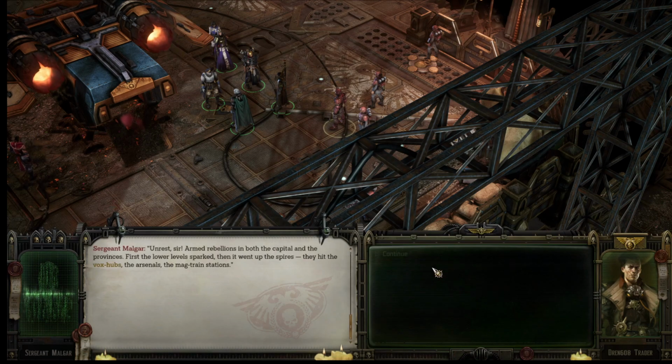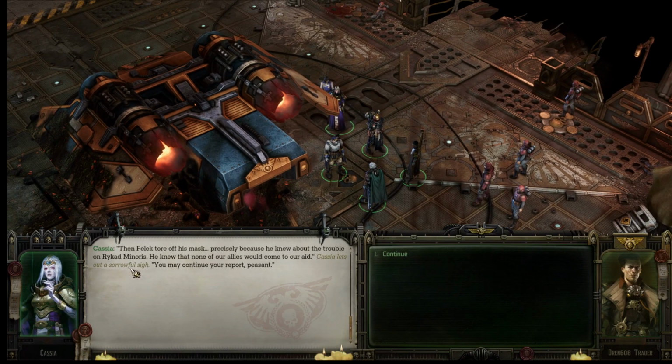Some dirty dog nearly shot down my shuttle. What is going on here? Unrest, sir. Armed rebellions in both the capital and the provinces. First the lower levels sparked, then they went up the spires. They hit the Vox hubs, the arsenals, the mag train stations. Then